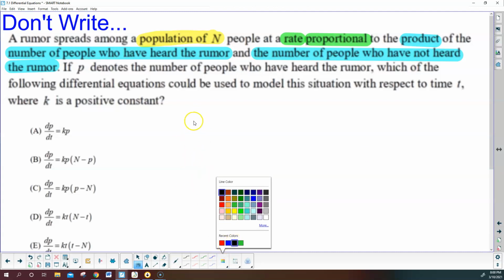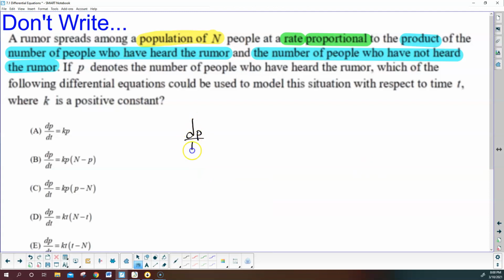So dp dt. Now, what is that? That's the rate of p. Well, what does p denote? The number of people who have heard the rumor. So this is the rate at which people have heard the rumor. Well, what is that rate? The rate, which we know the word rate is our derivative,